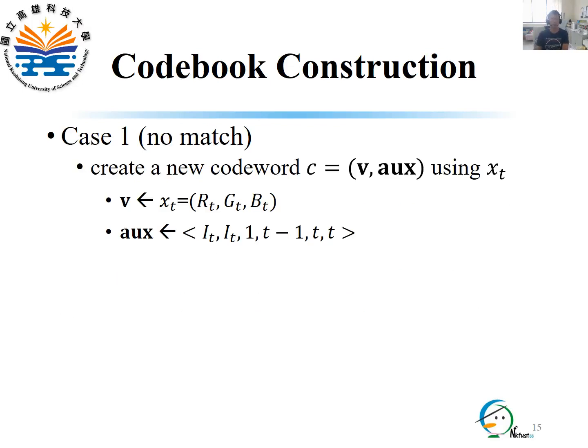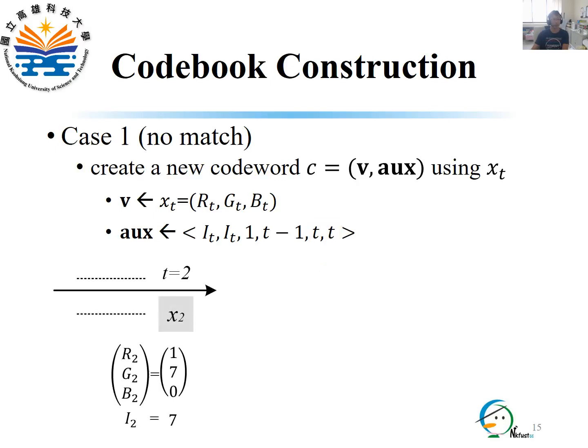In the case with no match, the created cohort C for describing X_t is set as follows. Since cohort C only has one observation X_t, its average RGB vector V is set the same as X_t. The minima and the maxima brightness are both the same as that of X_t. Frequency is 1. Maximum negative run length lambda is current time minus start time. The first and the last access times P and Q are both the current time T.